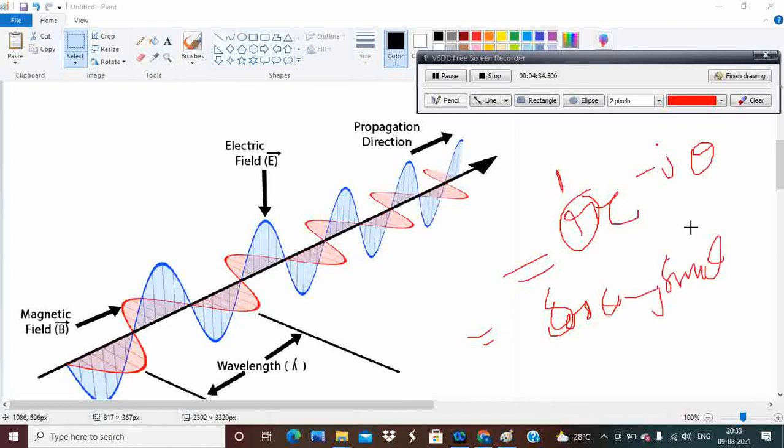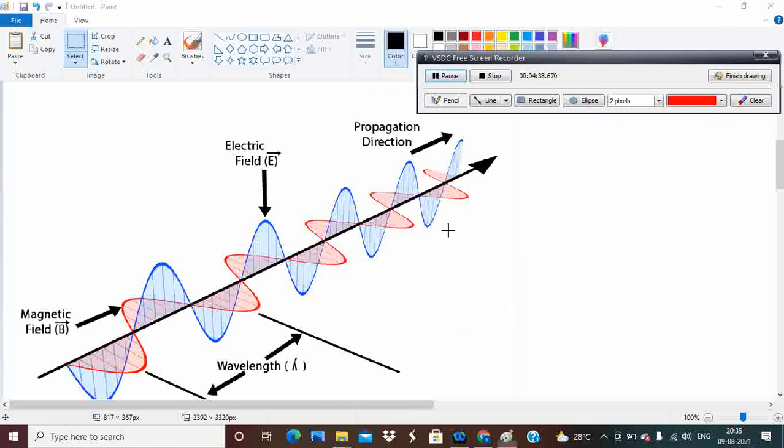Okay, so this is the clear view of the electromagnetic wave propagation, electric field and magnetic field. Also, you have to notice that electromagnetic waves travel in sinusoidal form in nature, as shown. See, both are perpendicular to each other. Suppose if it is sine, it becomes cos, if it is cos, it becomes sine. It's not exactly like that, but something like that.